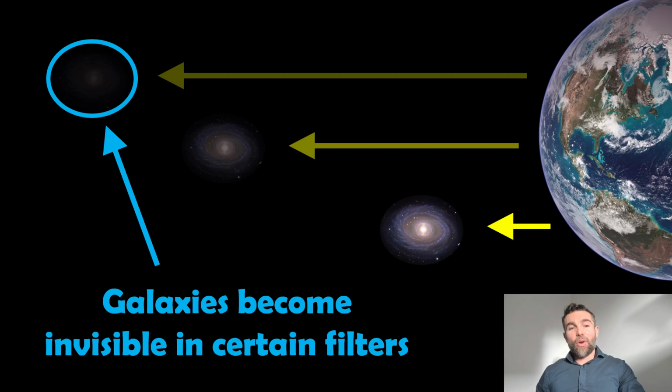So again, looking from Earth, if we're looking at very, very distant galaxies in certain filters, like the bluer end of the photometric system, these galaxies essentially become invisible to us. If we look at the redder filters, we'd still see them, but in the bluer ones, they're going to drop out, and this is known as